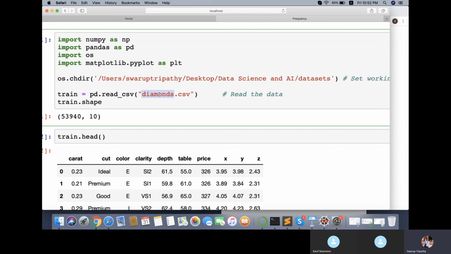Okay, so now any doubt in this os.chdir or anything? Any doubt? Actually, we are using Google Colab right now. So in this case, will this os.chdir work or not? Yeah, in Google Colab it works.